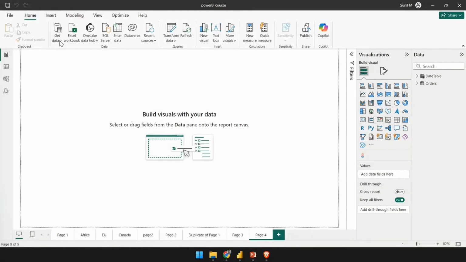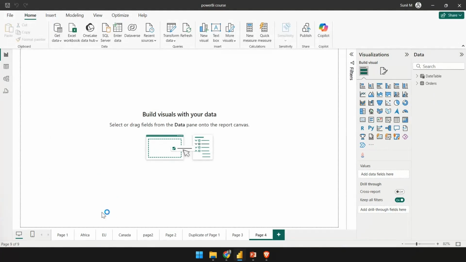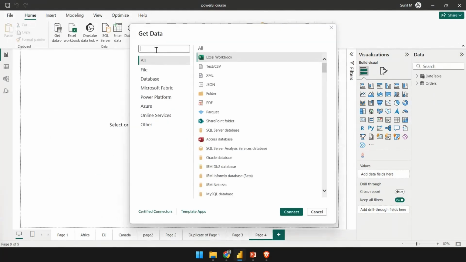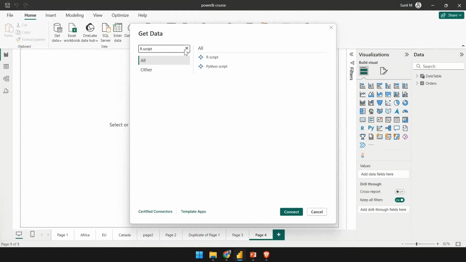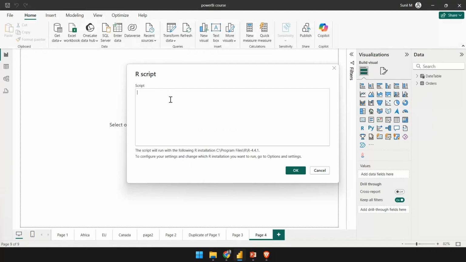or the Python script. So you have to go to the get data option, and over here you have got the more option. Click over here. Over here you can write R script. So it would give you the option of using the R script. Click on over here and click on connect. Here if you already know R, you can write in the R script,